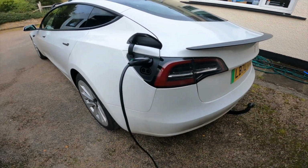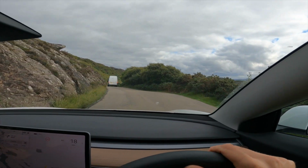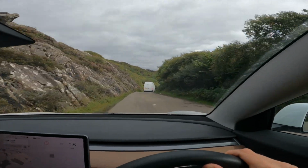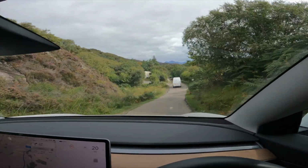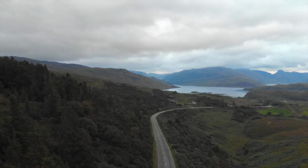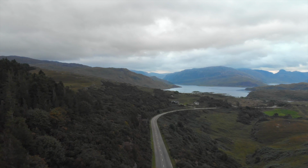And then it was time for the big one, the return journey, the 665 mile journey home. Pre-kids and pre-electric car, this used to take us about 12 hours. This time it took 17 hours. Now I'd say roughly that 1 hour of that was because of the charging and the rest was because of